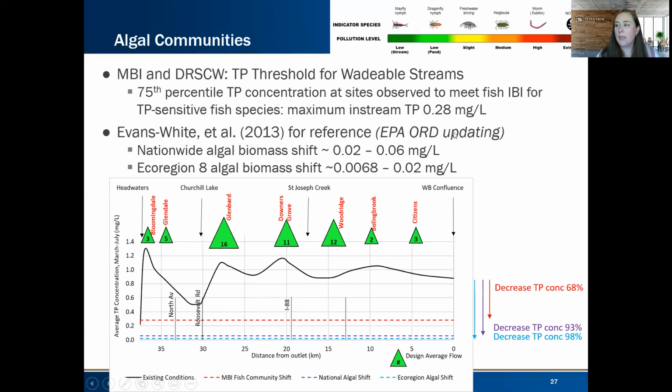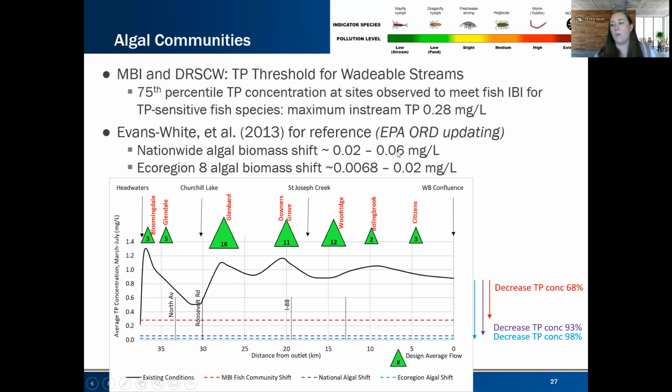However, it should be noted that the EPA ORD is currently updating this report, but they made some calculations and statistical relationships using macroinvertebrate relationships across the country and different ecoregions, and they found that when it comes to shifting algal biomass response, you might be looking at dissolved oxygen, you might be looking at total phosphorus concentrations that are far lower than what we're talking about,